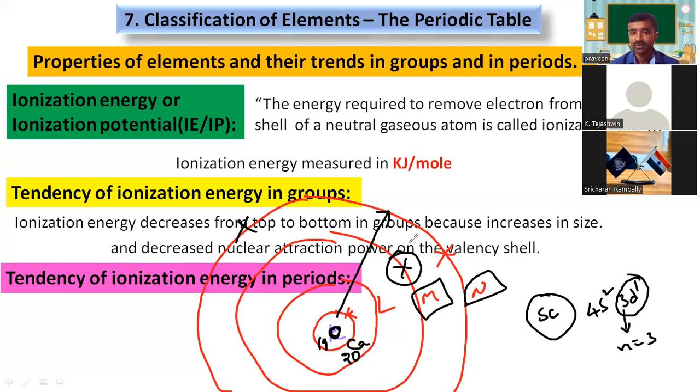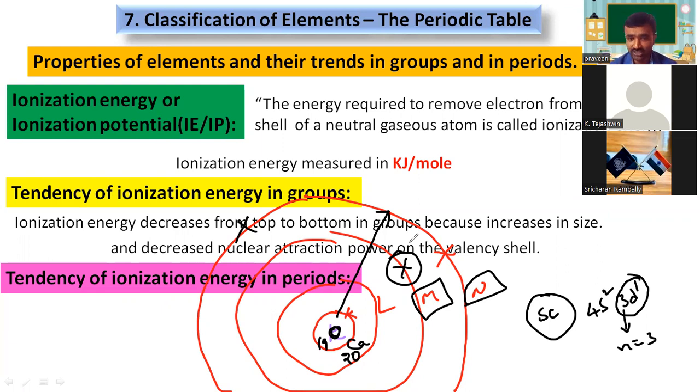You are mistaken. You are forgetting that logic. Distance is not increased. The electron cloud is not increased in the valence shell because the electron entered into the M shell, the inner shell,